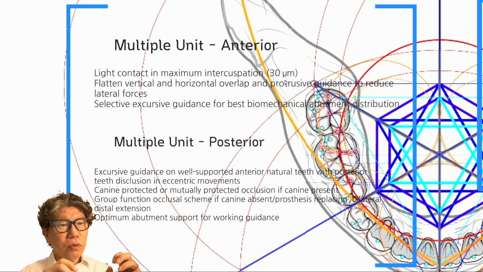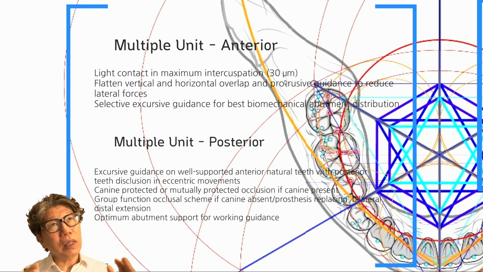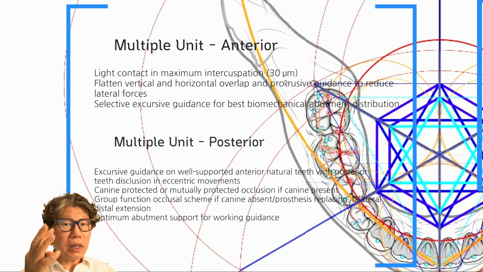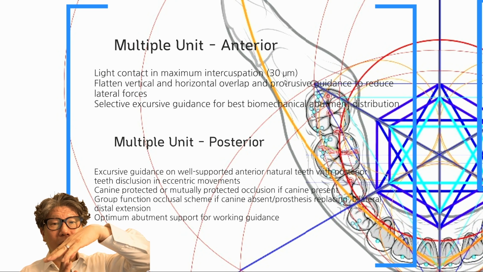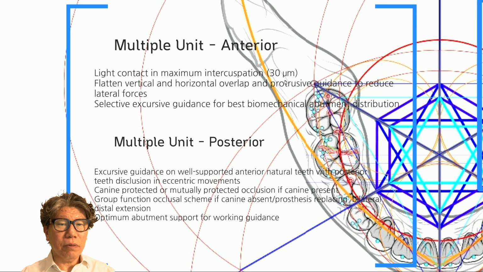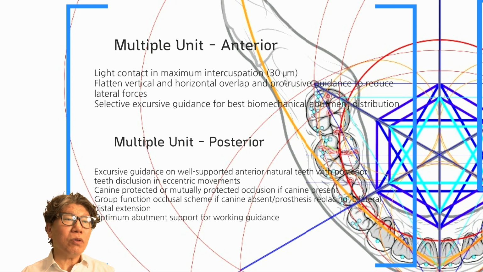So, the posterior natural tooth sinks. When occlusal force is applied, as I mentioned earlier, the sinking is about 25 micrometer to 100 micrometer. If you think about it, when the natural teeth are above and below, the micromobility is about 50 micrometer to 200 micrometer. After the posterior teeth have sunk and the anterior teeth make contact, what happens to these anterior teeth? If contact continues, they loosen. Therefore, in the posterior area, the fundamental principle is to offset the amount of sinking mathematically when occlusal load is applied and to elevate the